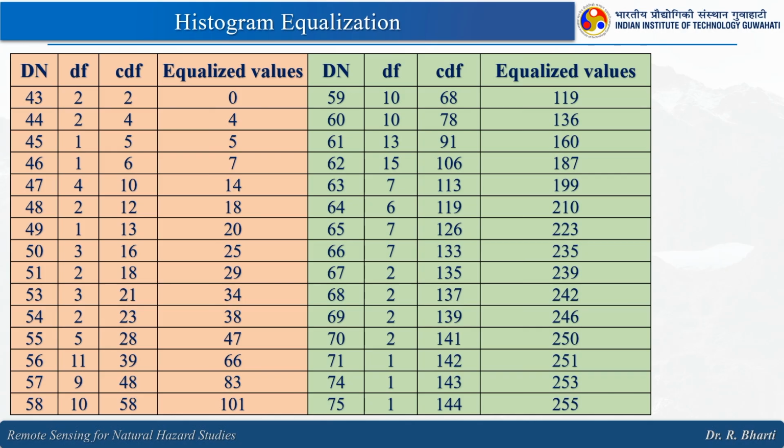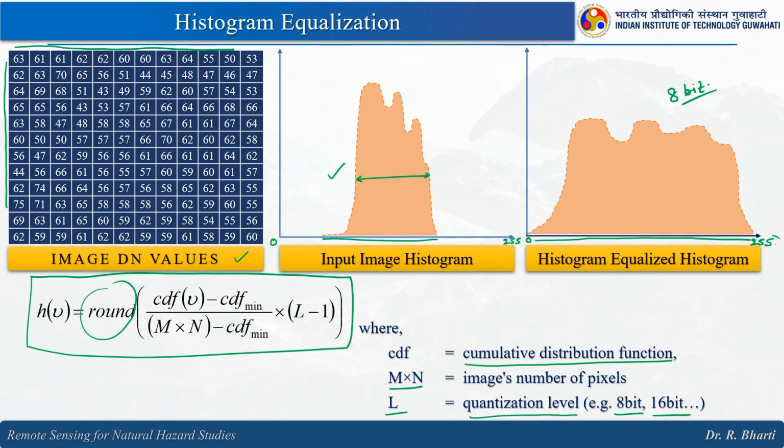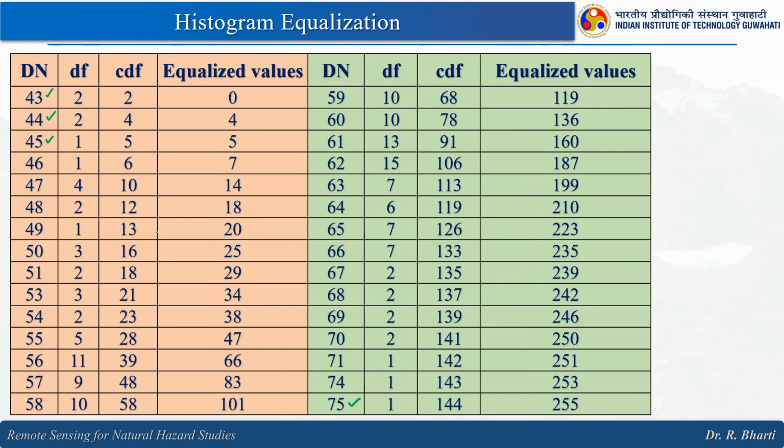What we will do, first, is try to identify the unique values, right. Those are the DN values. So, 43 and so on, it is going up to 75. If you refer to this, the same table has been used here, right. Once you have these unique DN values identified and listed over this table,